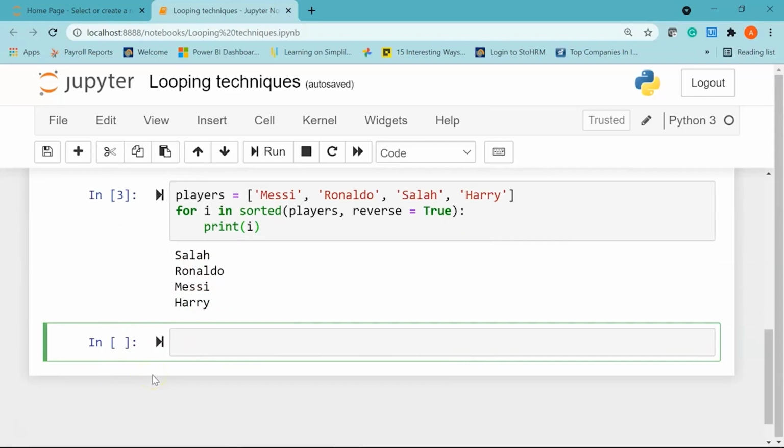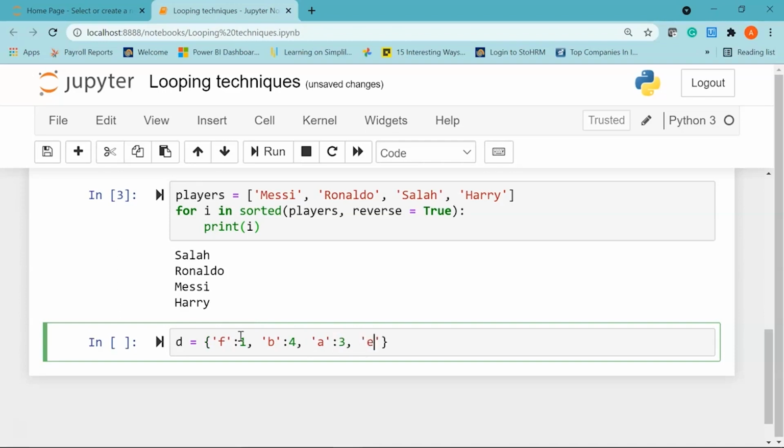Now we are going to create a dictionary of key value pairs and sort it. So I'll create a dictionary called d, which will have a few key value pairs. So my first key is f and the value is, let's say, 1. Then my second key, let's say, is b and the value is 4. I'll give a comma. My next key is a and the value is, let's say, 3.